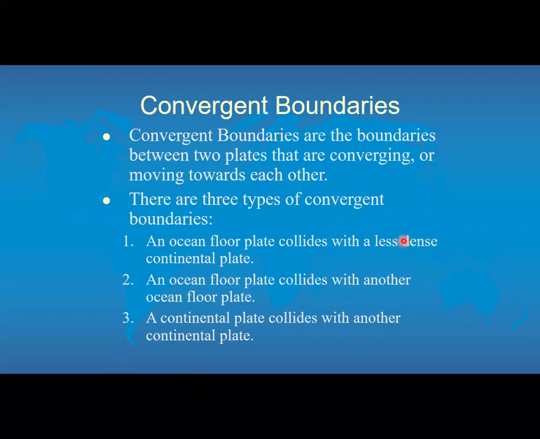The last possibility is if you have a continental plate and a continental plate. Neither one of these are going to be really pushed down that much, but it's going to create giant mountain ranges because a lot of it's going to get pushed up because both of these have a very low density, and so they're going to kind of resist sinking beneath one. They're going to push upward. So there is a continental collision still occurring to this day, and that is between India and China. If you know what's there, it is a mountain range visible from space called the Himalayan Mountains. So the Himalayan mountains are actually still getting bigger because this collision is still occurring.